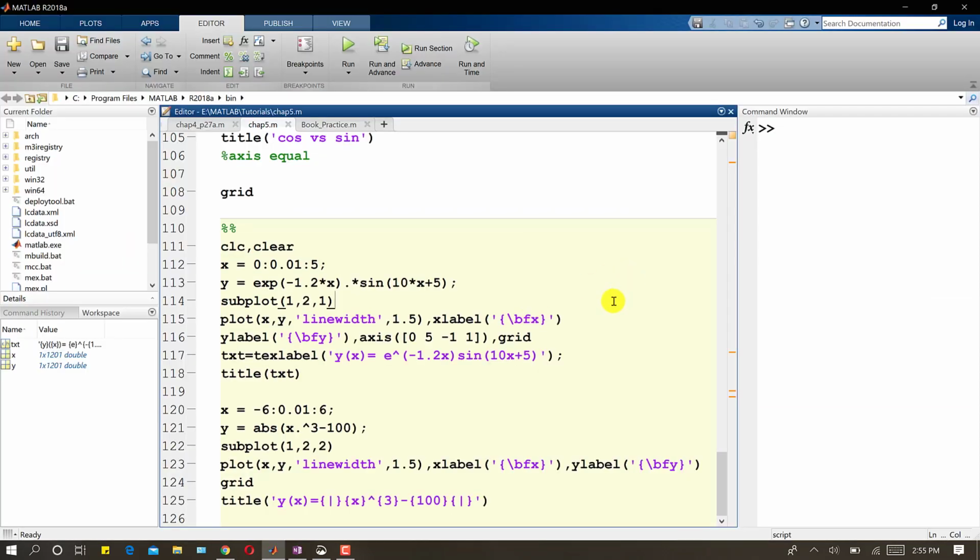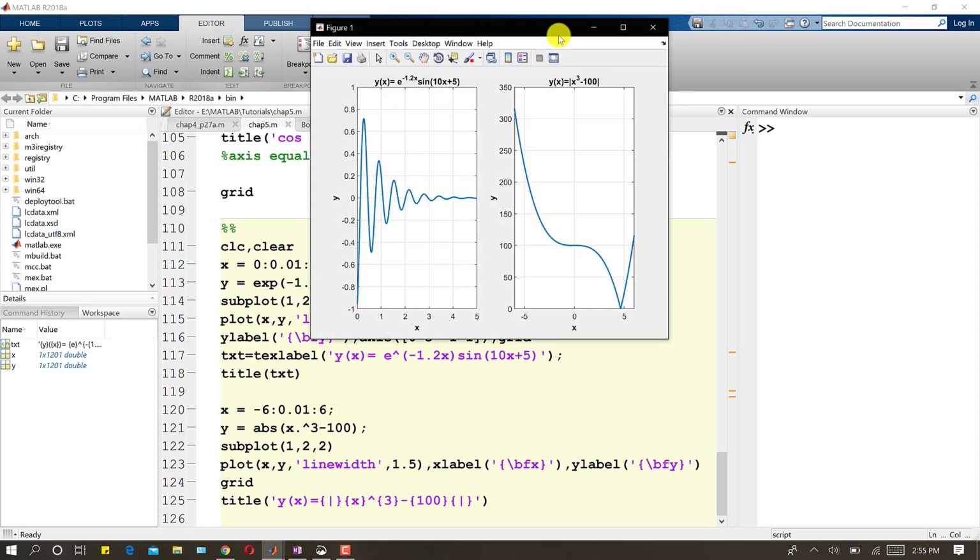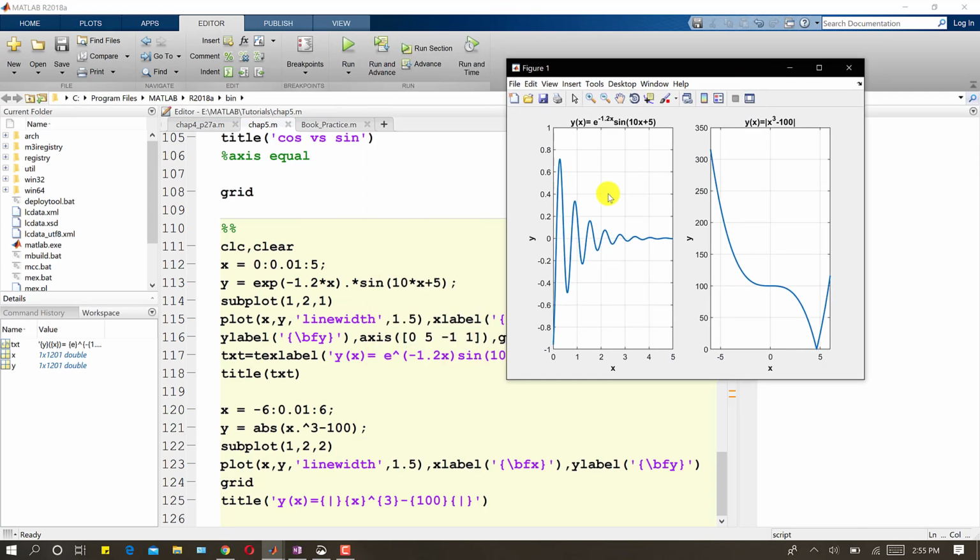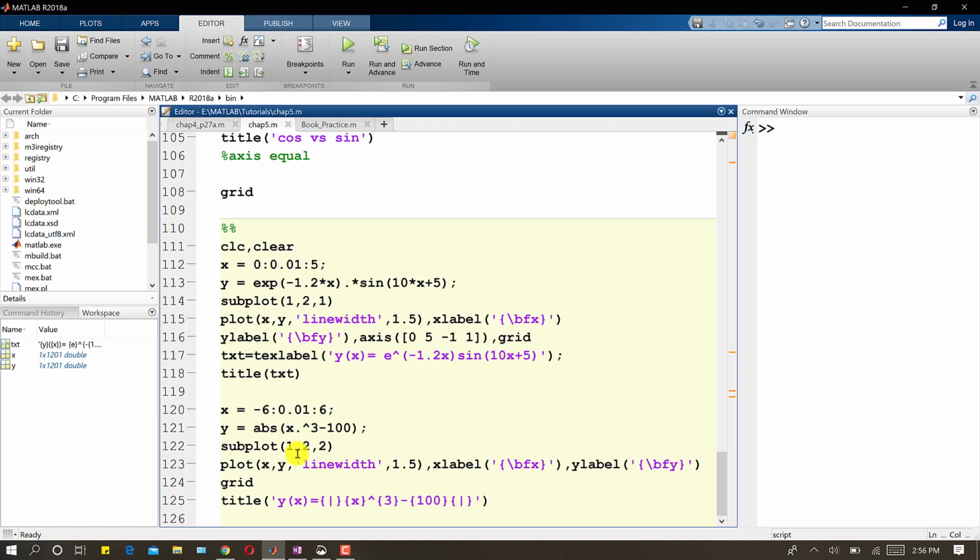So now we have that script file. If I run this, we can see this is that subplot. This is the result of that. Now I want to have this one plot, and I want to have 2 plots here. For this the address will be 1 2 1, so subplot 1 2 1. Here I have written subplot 1 2 1. But now I want to have a smaller subplot here, half of this. So for this second plot, I will use subplot 2 2 and 2.